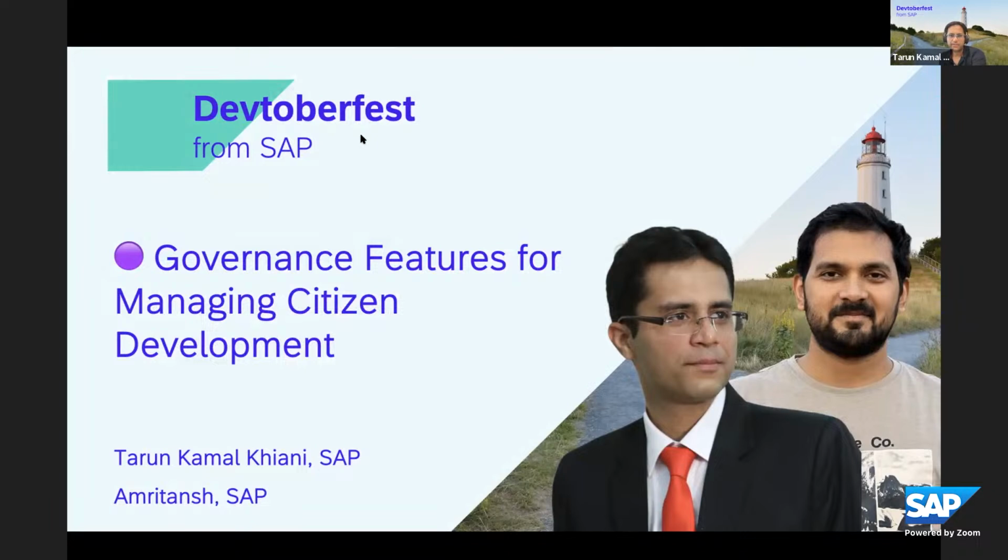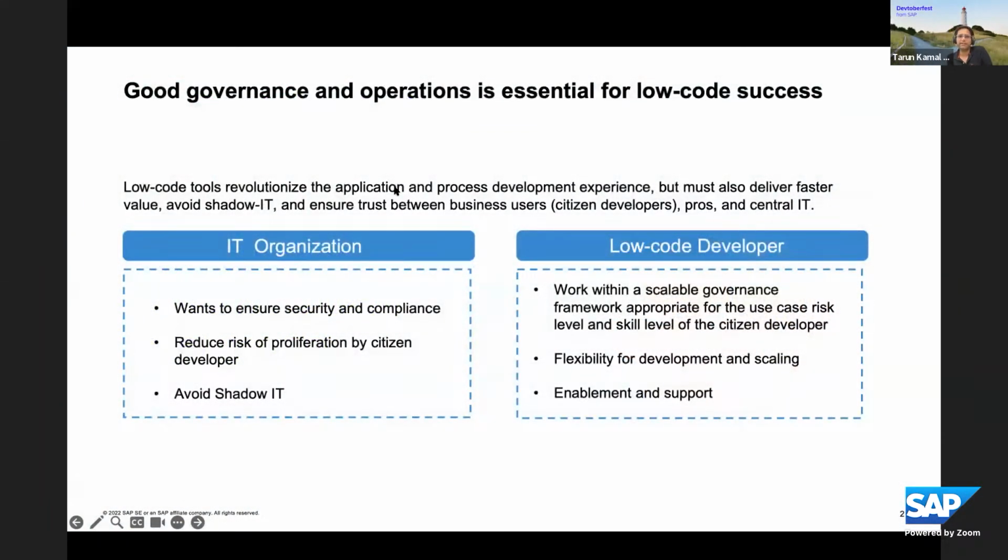Right, with this short intro, let's move on, and I'll just take you through a couple of key aspects on why we believe governance is needed, and at the same time expressing how we at SAP are addressing this, and of course followed by demo and certain deep dives around what's coming up in the future as well. Right, to start off with, what we have learned over the course of the last few years is good governance and operations is essential for the success of any low code no code platform per se,